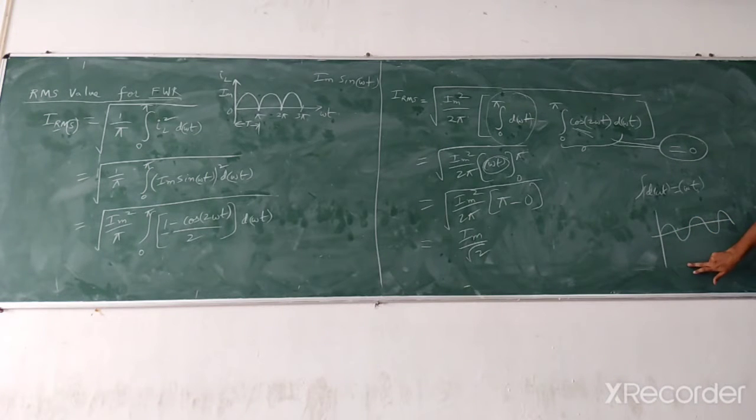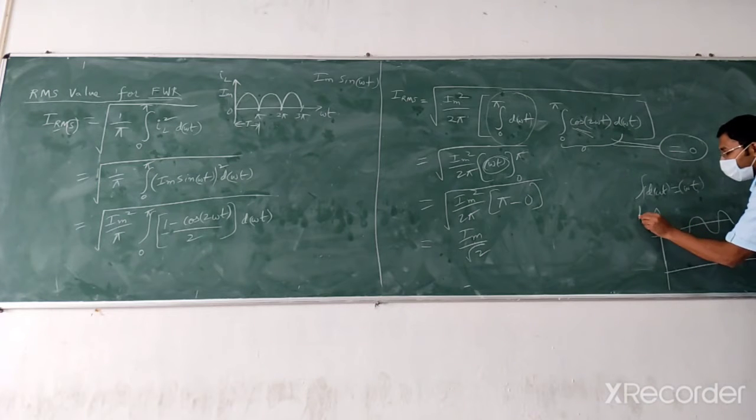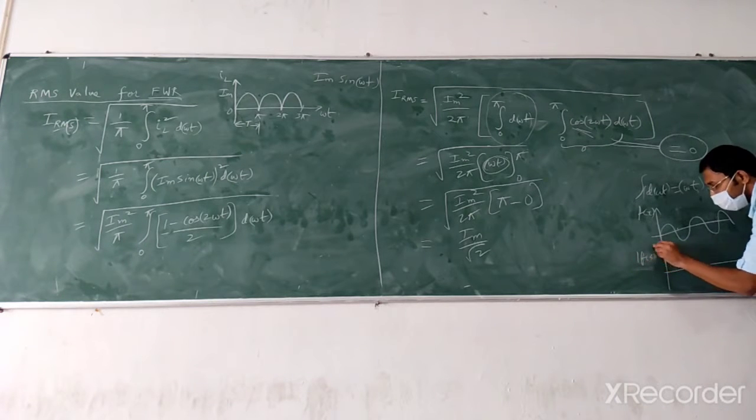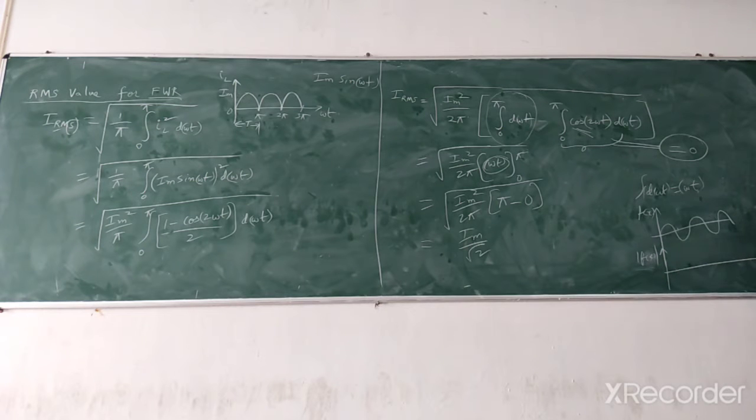See, it is like this. If you take the magnitude of this, how will the waveform be? Take the magnitude of this waveform. Say this is some f of x. If you take mod of f of x, mod means positive it will take as it is, negative it will take as positive. That is mod, the absolute value.